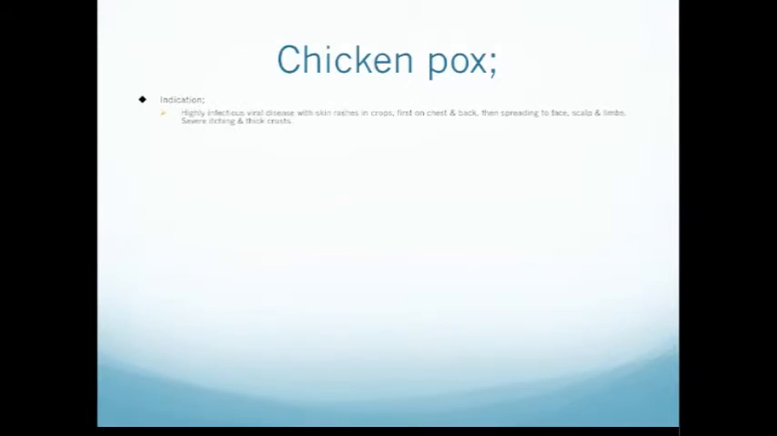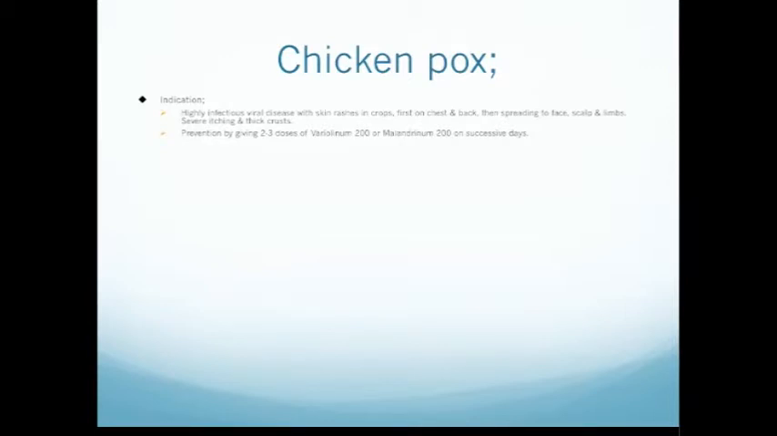Chickenpox. This is a very infectious viral disease with skin rashes that occur in successive crops. It starts off in the chest and the back, then spreads to the face, scalp, and limbs. There will be severe itching and thick crusting. Prevention of this can be obtained